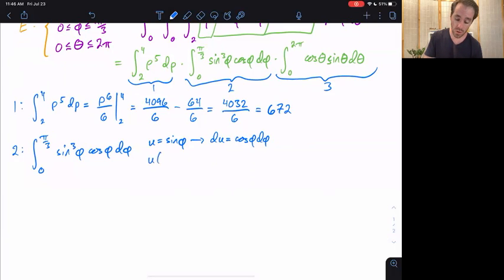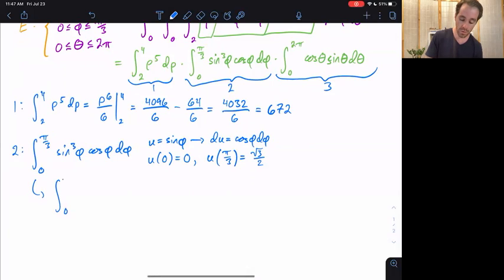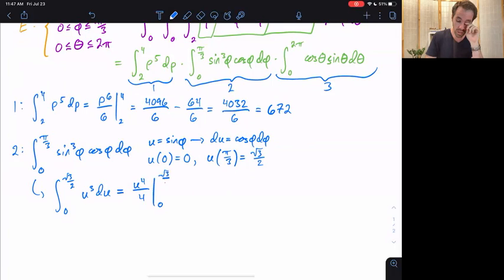And then the bounds, u of 0, sine of 0 is 0, and sine of pi over 3 is, this is a messy number, root 3 over 2. This then is going to become integral from 0 to root 3 over 2 of u cubed du. That worked very nicely. So this will be u to the 4th over 4, evaluated at 0 and root 3